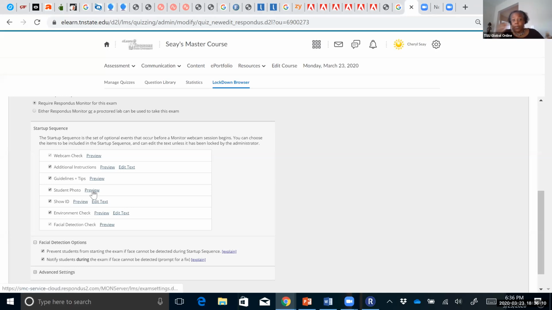Those are the tips. Then again, this is another way for us to verify the student's identity. You may want them to take a photo of themselves that is captured. And then in the next step, they would show a photo ID and have it take a picture. A valid ID, passport, something that's not expired, something that has their name on it, identifying them as who they say they are. And then finally,